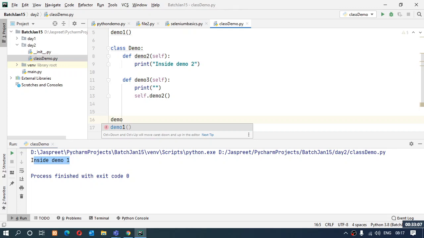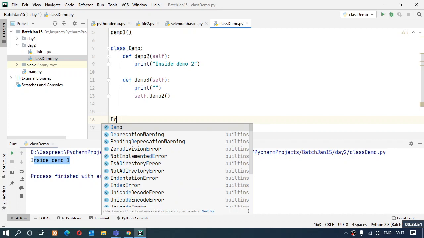Why is it so? It is because the class functions and class variables are not visible outside. We cannot say they are private because in Python the access specifiers are not that strict. It's just that they are not visible because they are inside the class. And unless I create an object for this class, I won't be able to access these functions that I have made. So first I have to make the object of my class.